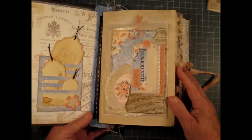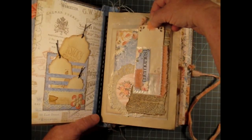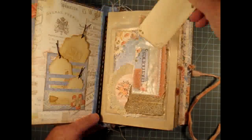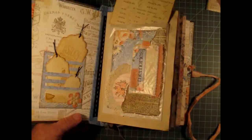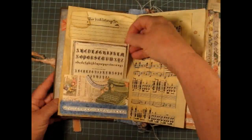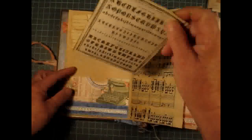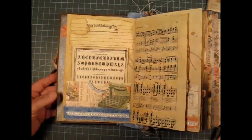On the next page I have embellished some glassine bags, and the little one has a tag in it. I've used a corner punch, and all the pages are coffee stained. In the big one there's a journaling spot with, I believe, a 1889 Gregg shorthand book page. Some ephemera, and all the ephemera is backed on coffee stained paper, sewed onto it. This book belongs to...